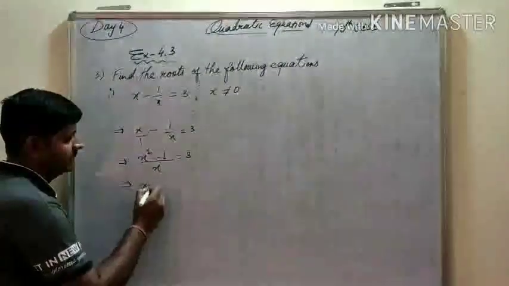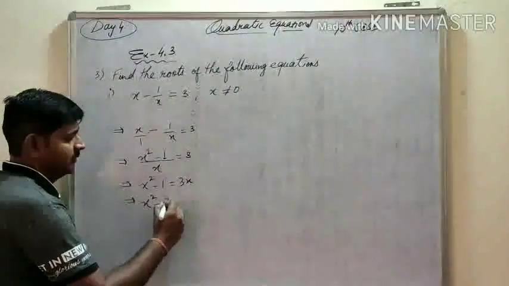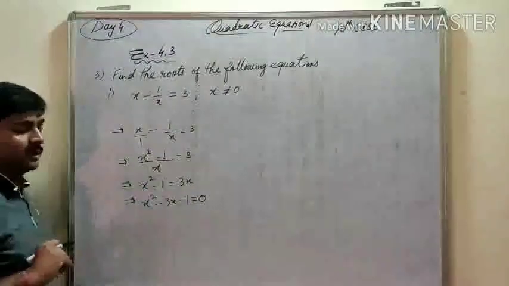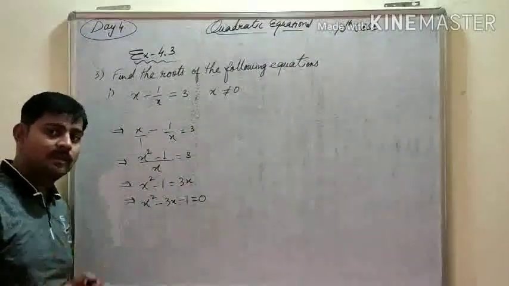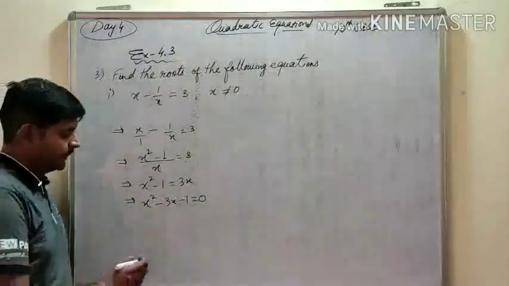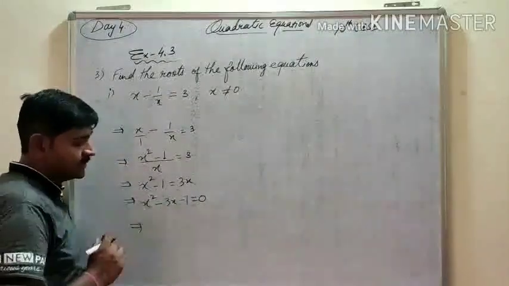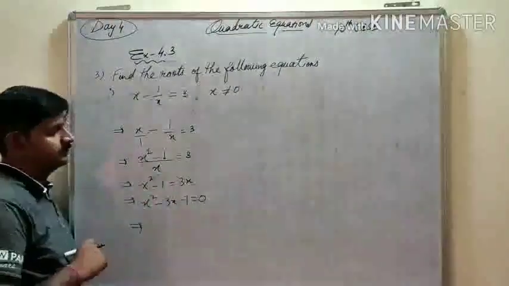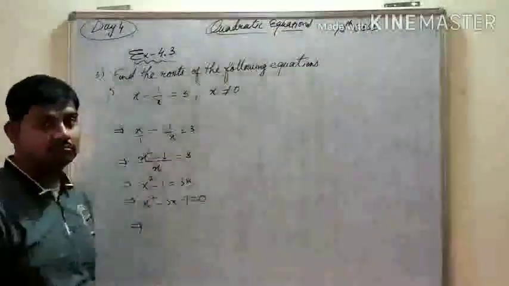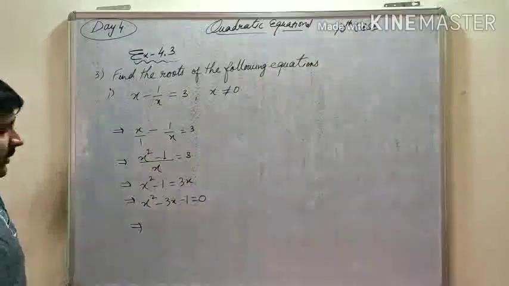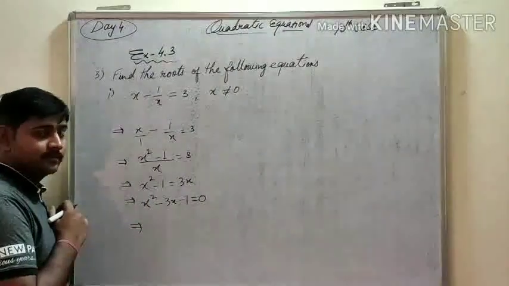If we cross multiply, so x square minus 3x minus 1 equals 0. Just we have this. Now it's not given which particular method, so we can apply any method to find the roots. I will do it by MTS method, middle term splitting. This is 3 and there is 1. I am not able to apply the MTS method because with 3 and 1 there is no option to write any particular digits for MTS. So I will try the completing the square method.